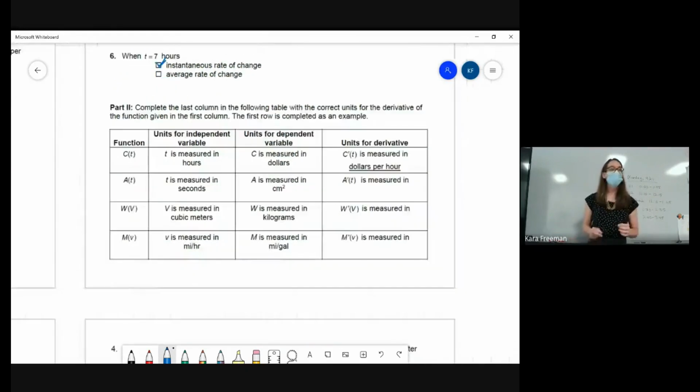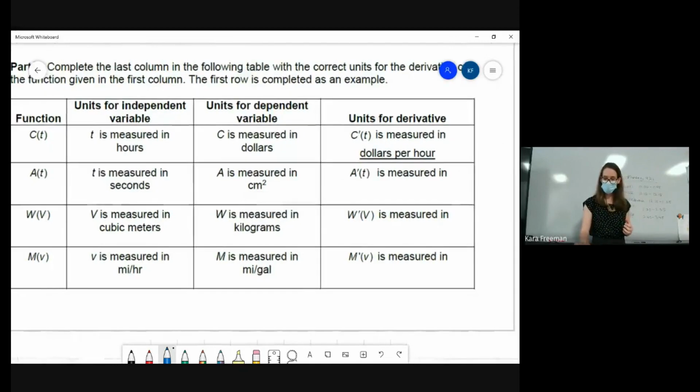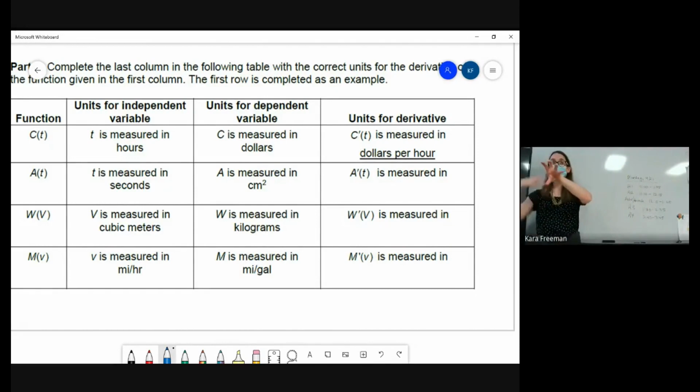Okay, so now let's talk about units. Another thing that you're going to be asked on the AP test is to be able to identify the correct units. It's going to get more and more difficult. On the AP test, free response questions are worth 9 points. If you're doing a word problem, typically units is one of those points. You might do the whole problem right, have the right answer, but leave off the units, and it's all wrong, okay?